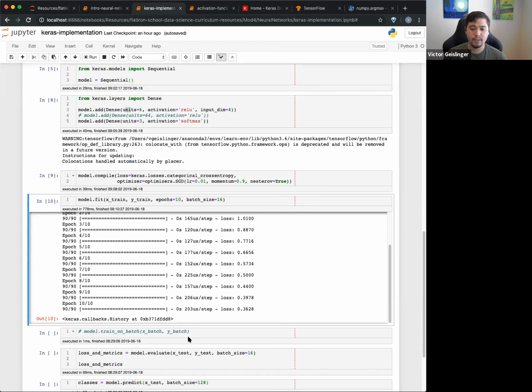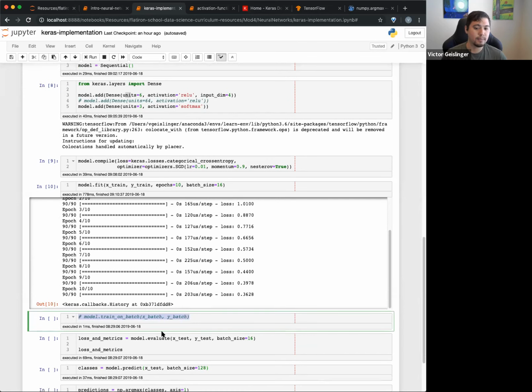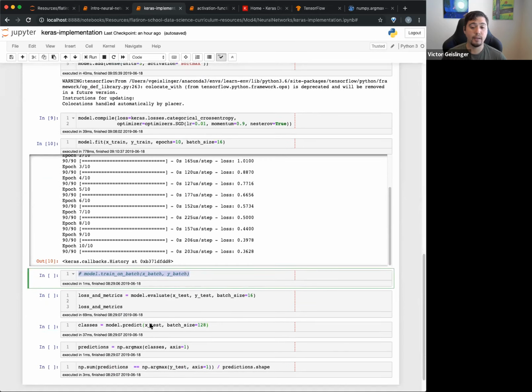Okay. This one right here, Keras mentions that you can basically do this by hand, so you can just train on a specific batch on each part. I just kind of skipped this, but it's something you can specify. And then right here, we actually have this model.evaluate. So we have this model, it's now fit with the data, so this model now encompasses the right weights and biases according to this loss function and everything.